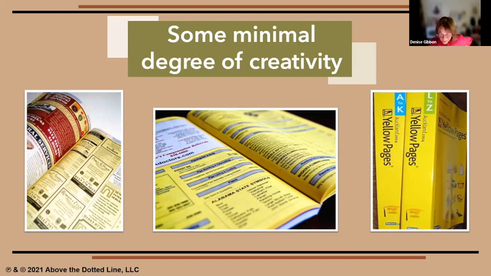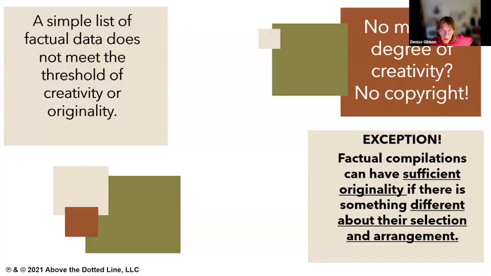If you look at the box I've marked as exception, they did make an exception. So while a simple list of facts is not sufficiently original, a list of facts where there's something different about the selection and the arrangement could be original. If you go back to the prior slide, we jumped one. There we go. So that box I'm talking about that says exception, there could still be a factual list, but it's got to have something original about it. But basically, factual data does not meet